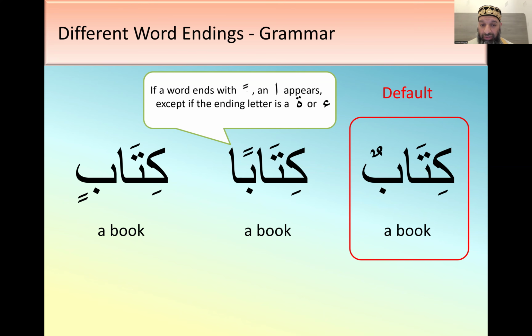It doesn't change the meaning, but when you have a double fatha, a double zabar, then an alif grows on the last letter, except if that letter is a ta marbuta or a hamza. It's just the way it is. So it answers your question of why this alif is there. Okay, so